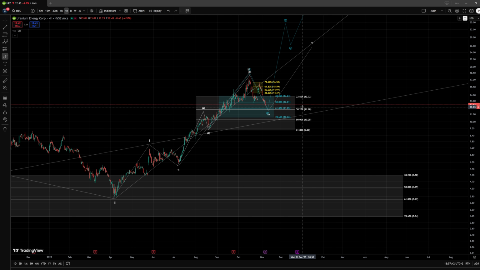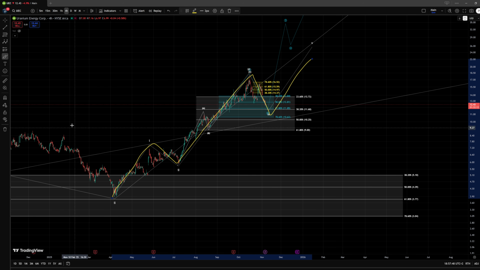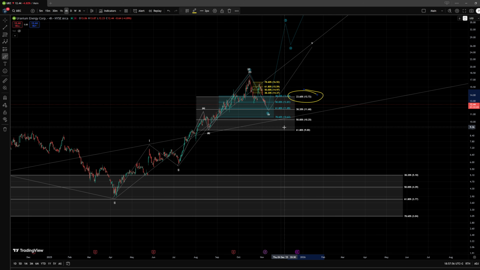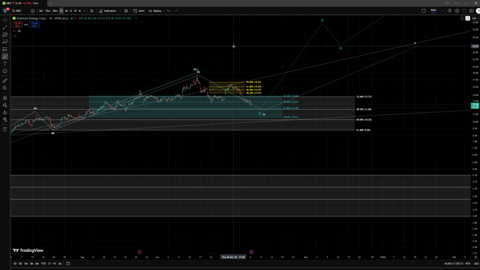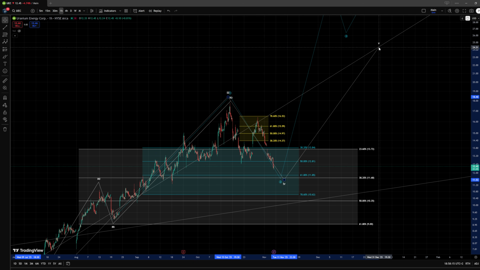And then we do also have the white interpretation, where we are tracking a 1, 2, 3, 4th, and the 5th, and this would be the leading diagonal, where in the wave 4 we expect to find support in the area around the $13.7 level, but the latest level of support is much below what we really have for the blue scenario. It's the $9 level at the 61.8% retracement. And in that case, as long as we hold above the $9 level, we can still track direct continuation to